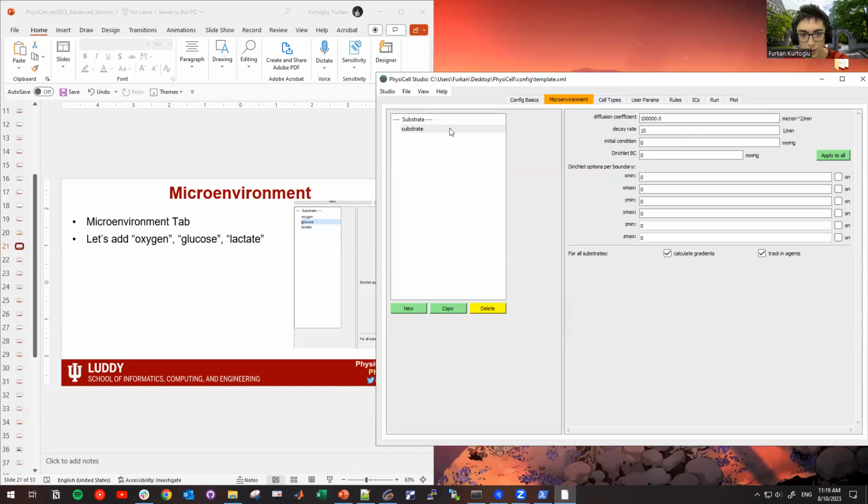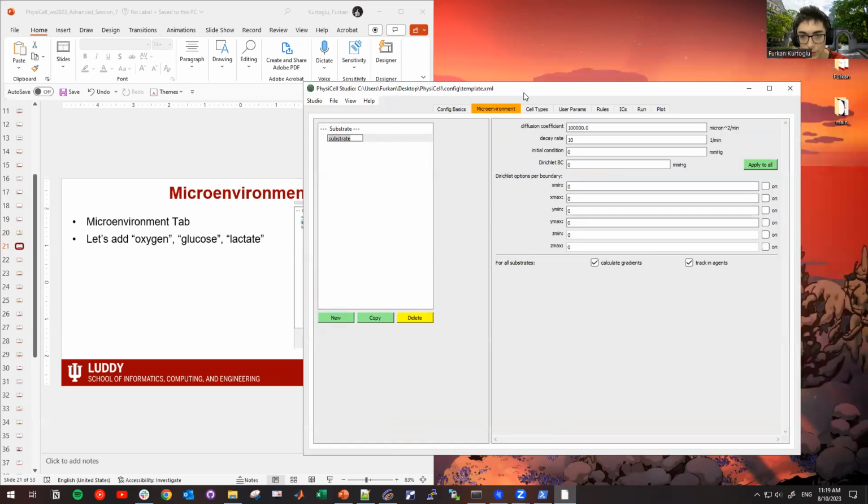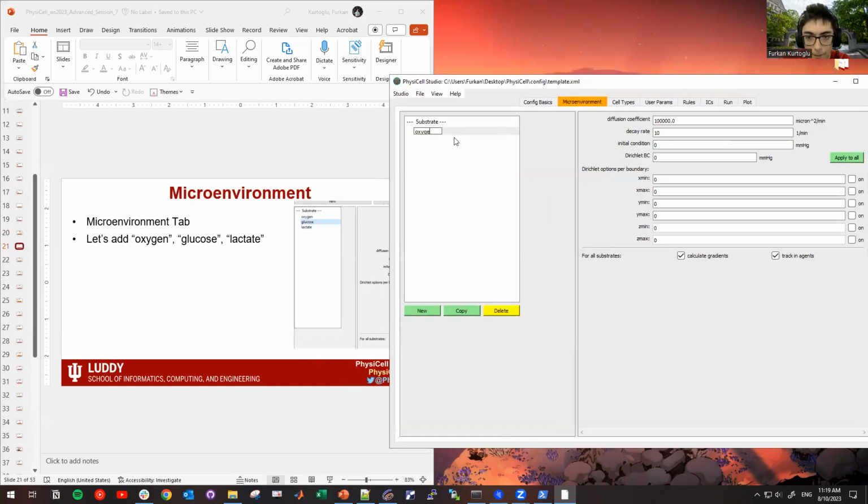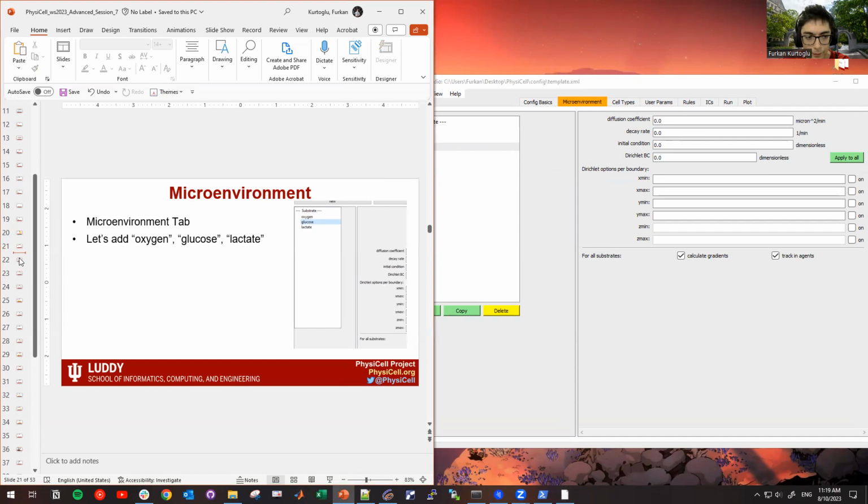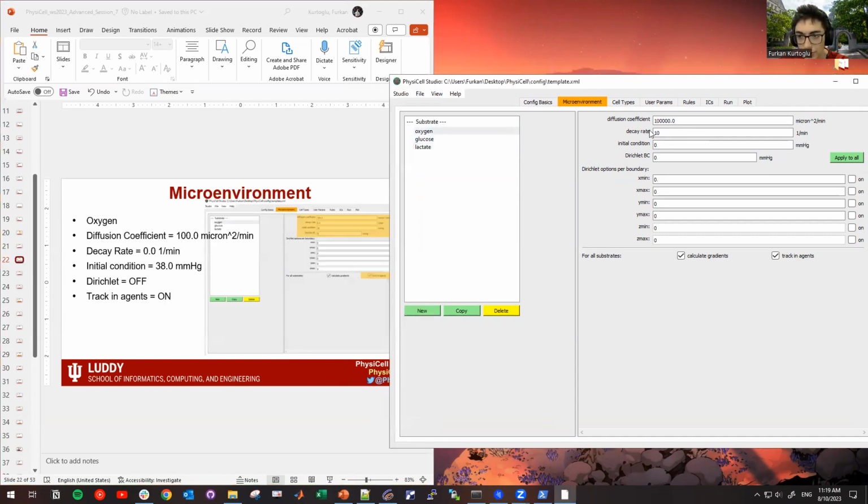So if we go to the microenvironment tab, we will create 3 different substrates, which will be oxygen and glucose and lactate. So in here, oxygen will have 100 micron as a cubic micron per minute as a diffusion coefficient, and decay rate will be 0 actually, and initial condition